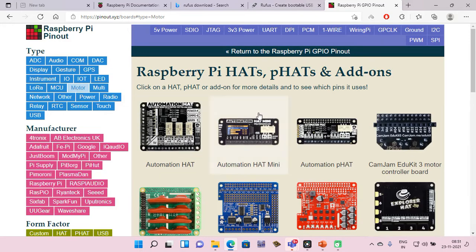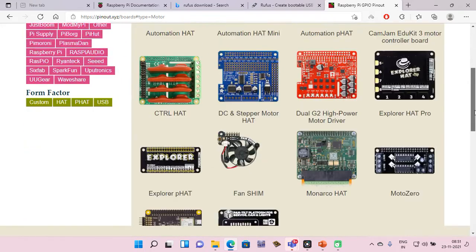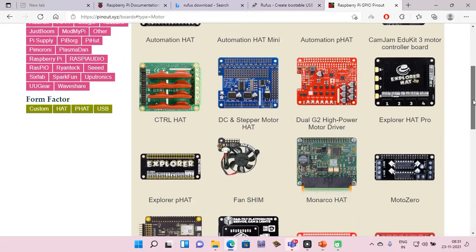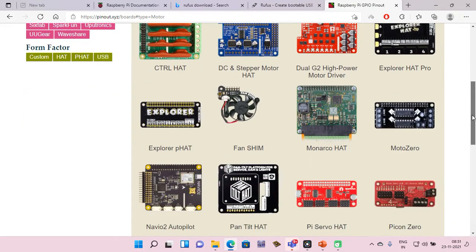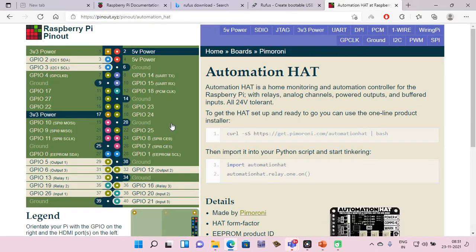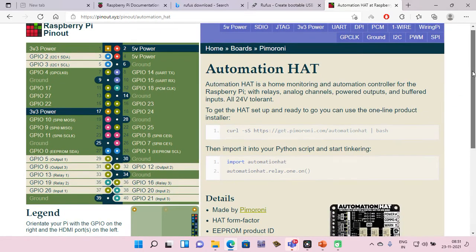Okay, if you want to connect the motor, this is the motor connection board, motor hat. So if you want to design a robot or vehicle, you can use this type of motor hat device with Raspberry Pi. And if you click on any item, it will show you how to connect it.